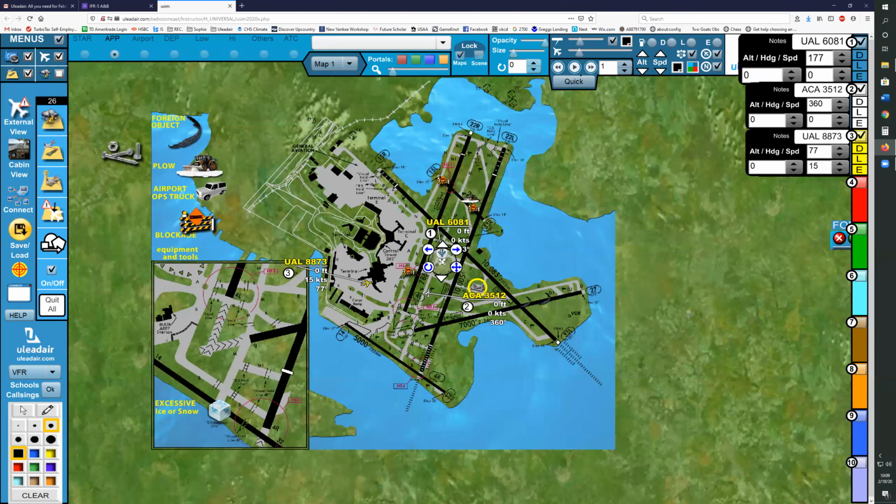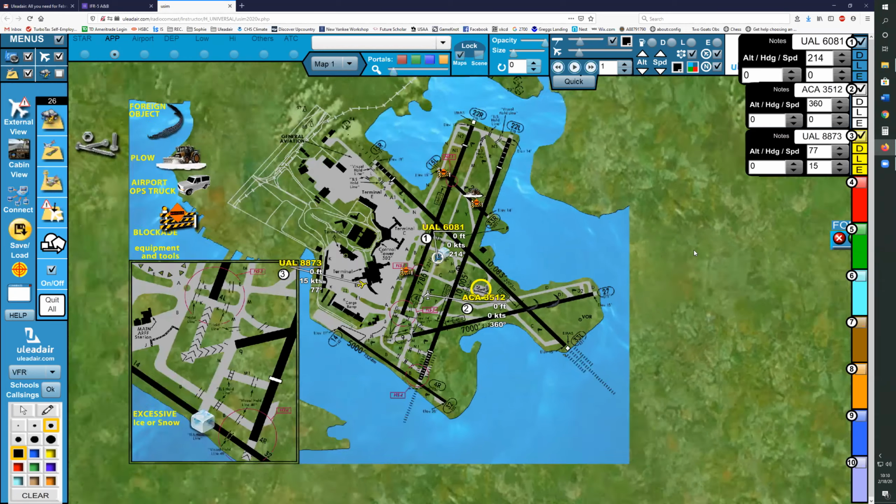United, call up ATC and tell them that Air Canada is still on taxiway Mike, and that you're stopping. Say he hasn't cleared the taxiway, or he hasn't got off the taxiway yet, or something like that.